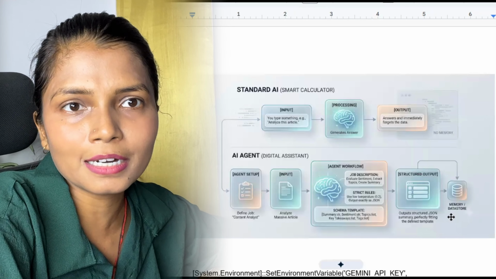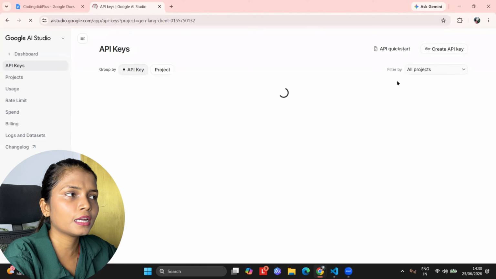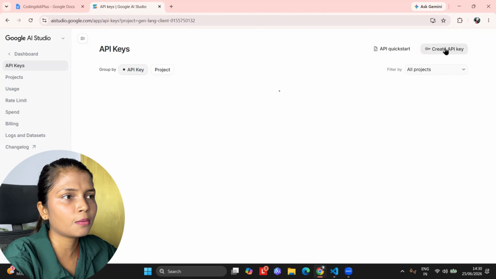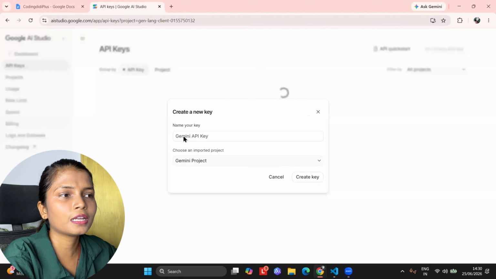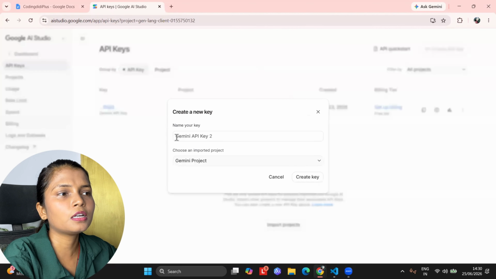So for doing this, what all do you need? You simply have to go to the Google Gemini API. Okay. If you go to the API key page, you will get one free API key from Google AI Studio. Okay. This AI Studio will give you a free API key. You can simply create it by clicking on this Create API key button. Once you click on this button, it will ask you what the name should be.